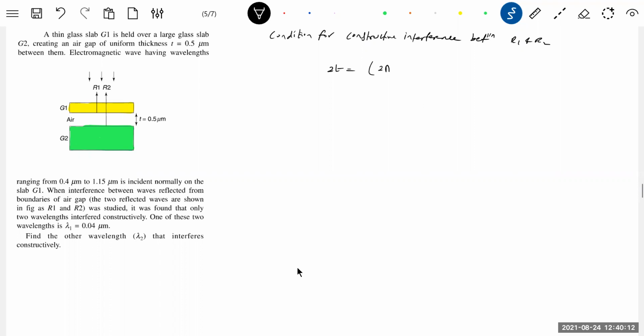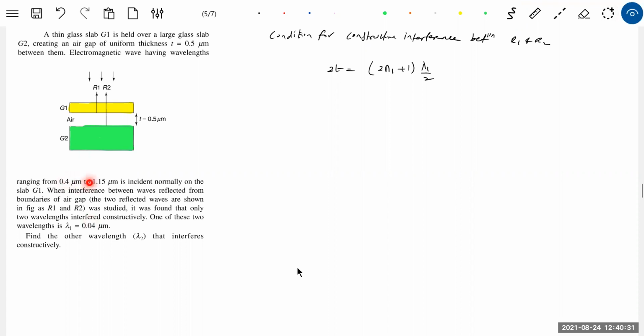Then again, two wavelengths are there, no? We'll write it as (2n1 plus 1) lambda 1 by 2. It was found that only two wavelengths interfere constructively